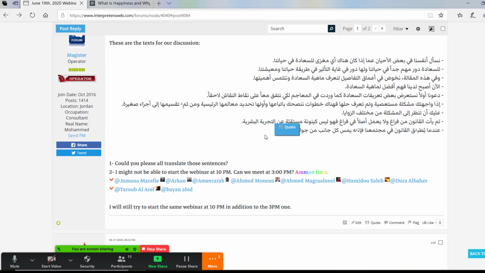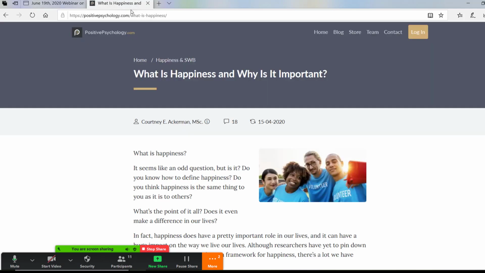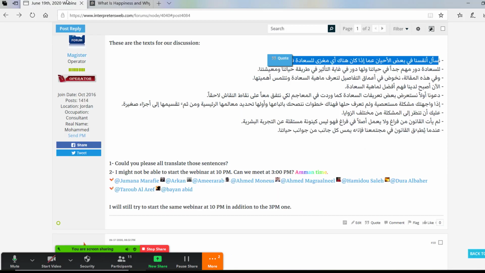And then step number, is it 4 or 5? Anyway, the next step is to translate them immediately from Arabic into English by trying to remember the original text. Then the next step is to shut down the computer and leave everything for about 3 or 4 days to give yourself, for what neuroscientists say, spacing.